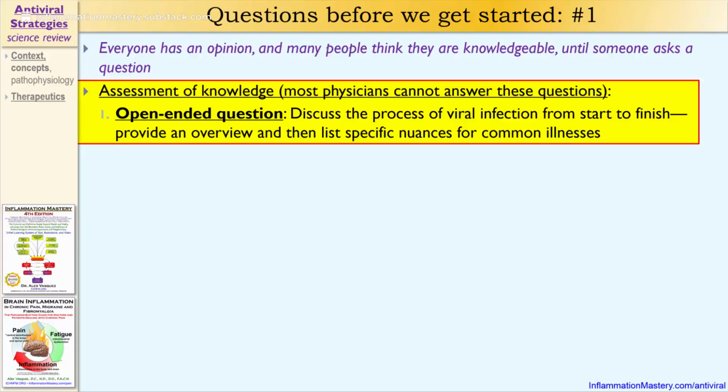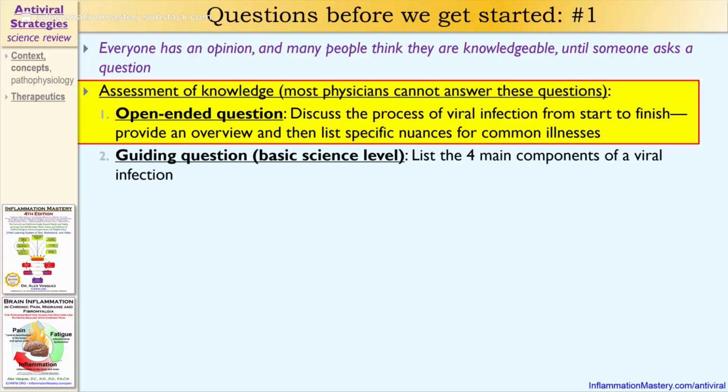And I could easily propose, and I am proposing here, that unless we have an agreed upon structure and agreed upon understanding, then we're all using this phrase viral infection and measles epidemic and all this conversation, but unless we know and have some agreement on what that term actually means, then we're using words, but we're really not communicating very effectively. So here's a different version of the same question.